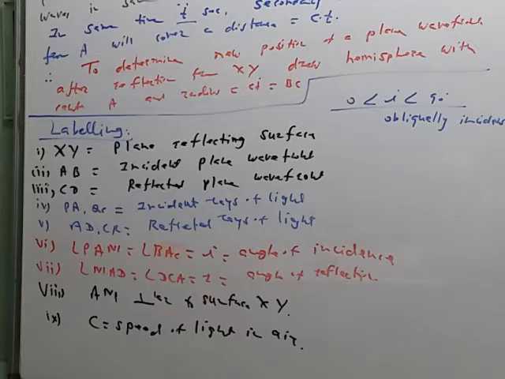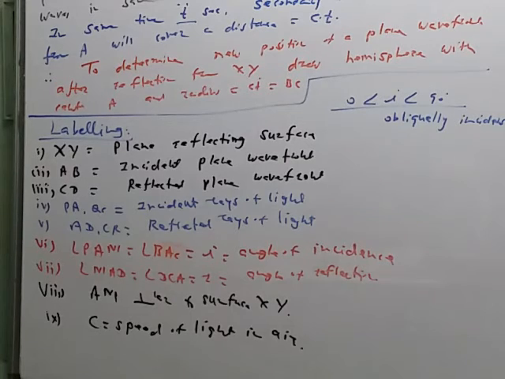So we have used the Huygens principle. So when the primary wave moving along the PA touches the surface xy at point A, then A becomes a secondary source of light. इथे आपण Huygens principle यूज केलेला आहे. The point A becomes a secondary source of light and emits the secondary waves in the same medium above the surface xy with the speed c.